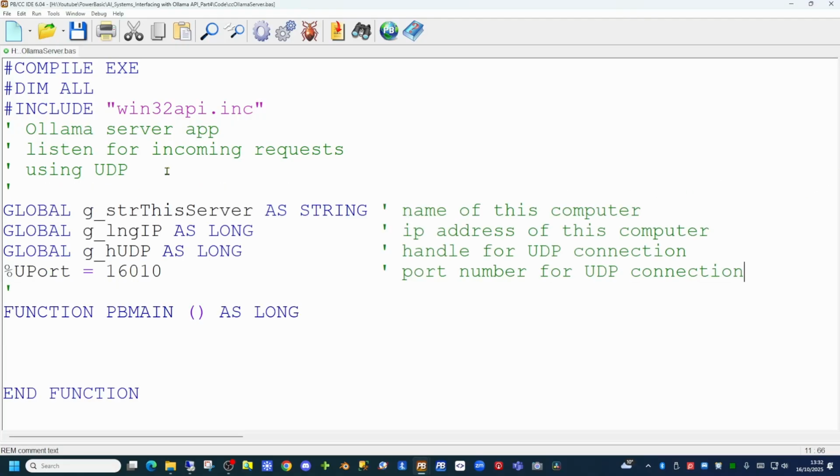We're setting up 3 global variables, one called thisServer, which is a string variable to hold the name of the computer that's running this application. Secondly, we're storing the IP address of this computer. And finally, we're going to create a handle for the UDP connection. This will be our connection to the UDP clients at the far end. Finally, we're creating a port number. This is the port number on which our UDP server will communicate with the clients. We have covered in previous videos how to set up client-server applications using UDP, but we'll cover the basics in